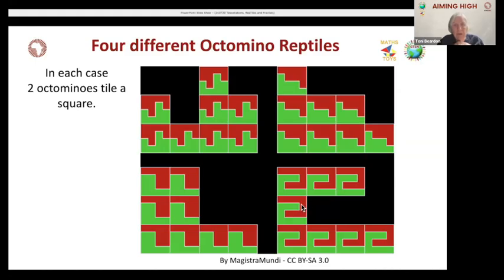So can you make 4 tessellations with these octominoes? Shown. So in each case, you've got 2 octomino tiles that make a square. The red and the green are obviously identical shapes. And once you've got the square, you can then easily repeat it. So these are very easy to make once you see that 2 octominoes make a